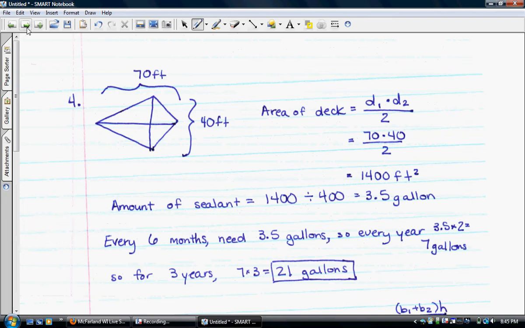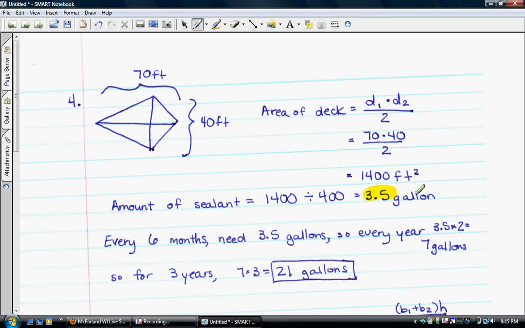Number 4 is talking about a deck that's in the shape of a kite. The area of a kite is diagonal 1 times diagonal 2 divided by 2. So the area of the deck is 1,400 square feet. The sealant covers 400 square feet. So if we divide that area by 400, we get that every time he covers the deck, it's going to